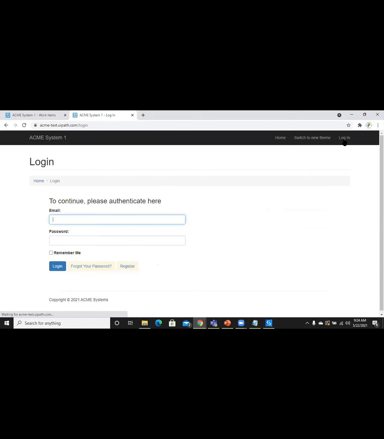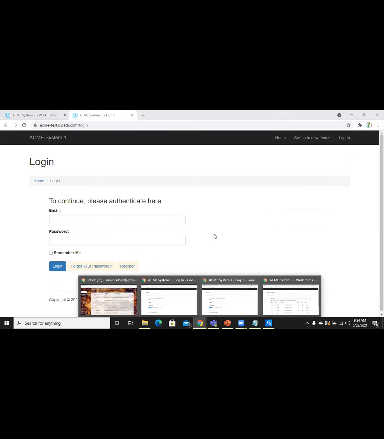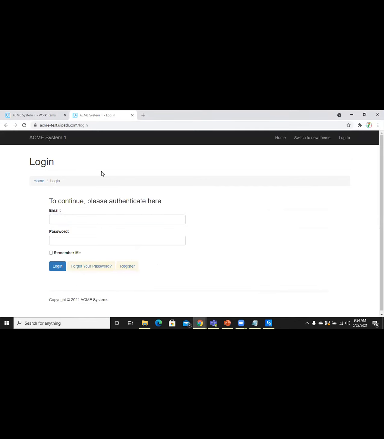Since our Acme is already logged in, it is showing logged in. After opening this website, I need to use the user ID and password. My email ID is my user ID, and I already have an account in this Acme portal.